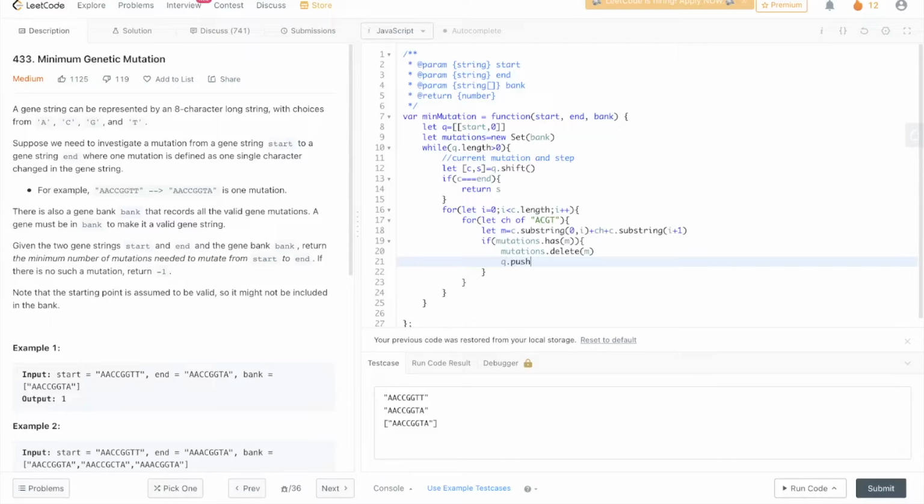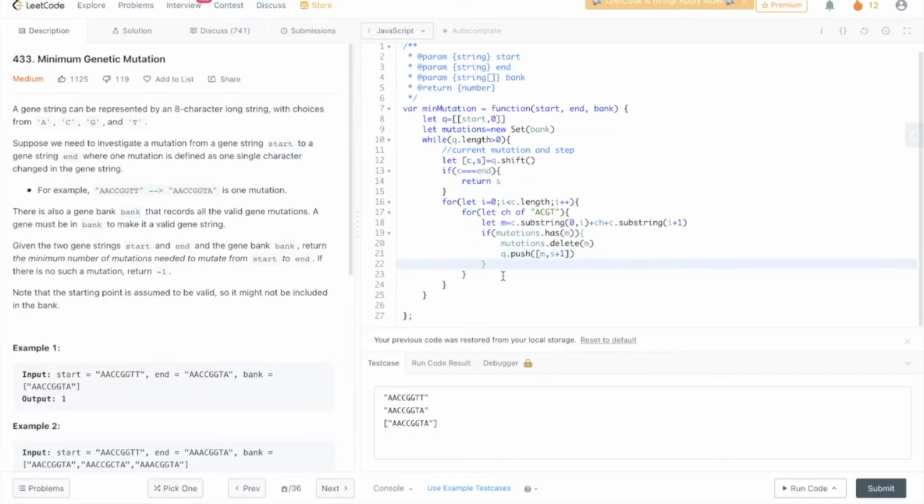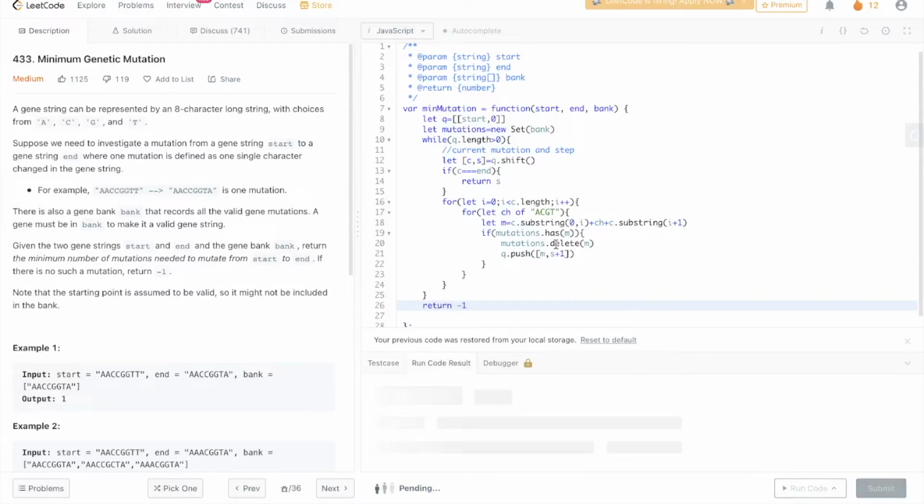And then we q.push m as a current mutation and s+1 as a step number. Now, this is going to repeat for every single permutation that we find, and whenever we find a valid mutation, it's going to be added to the queue. Now, if all of these fail and we do not find it, and the queue remains empty, you're going to return -1. Let's run this code,